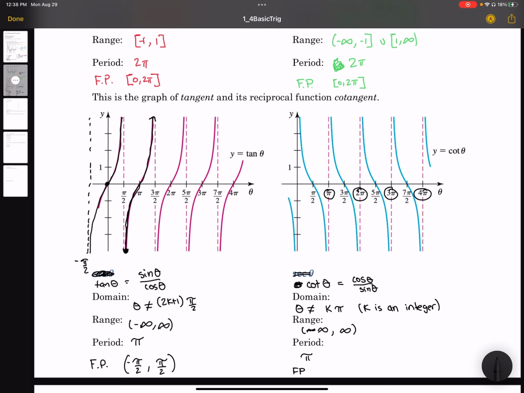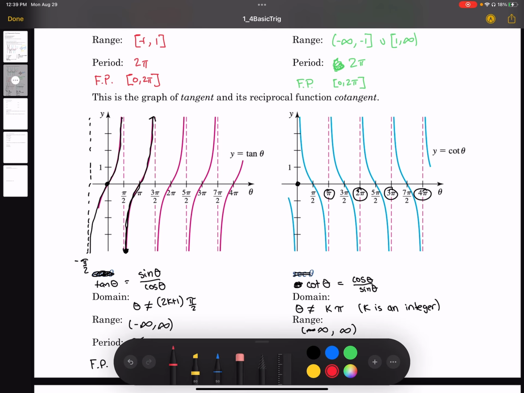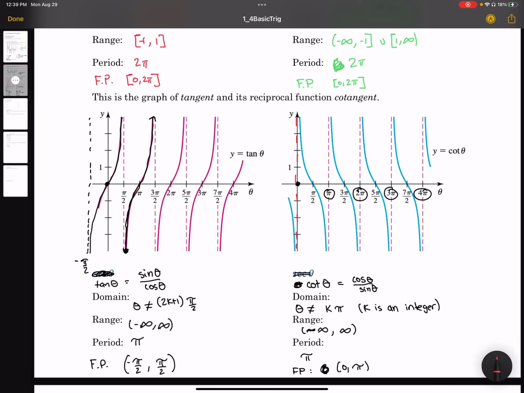And the fundamental period, we get one complete period of pi if we look at cotangent from 0, not inclusive, exclusive, to pi, exclusive. You can't see it because we have the axis drawn, but there should be an asymptote on the y-axis as well. All right, so those are the basics of the graphs. In calculus, we do not need heavy manipulation of the graphs using transformations, even though in class we will talk about some of them. But just a basic understanding of how the graph should look and their domains is what